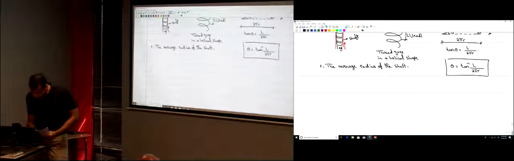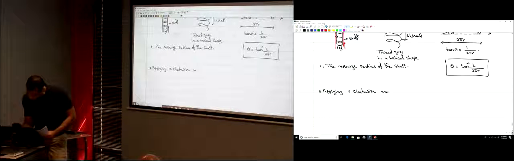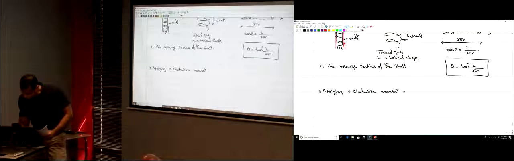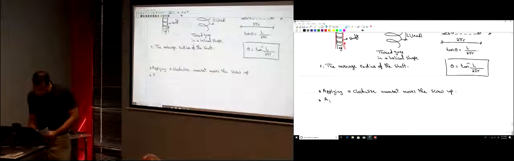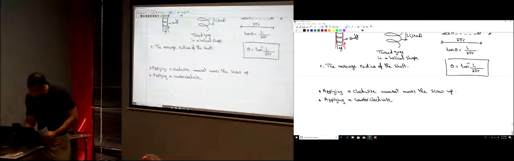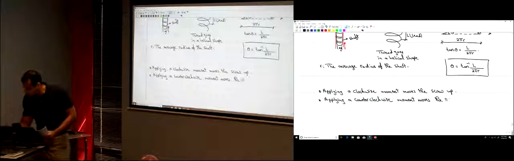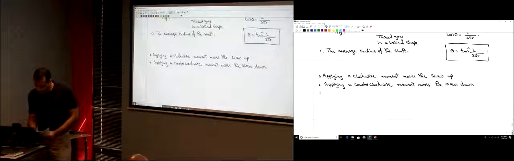Applying a clockwise moment moves the screw up, and applying a counterclockwise moment moves the screw down. And when no moment is applied,